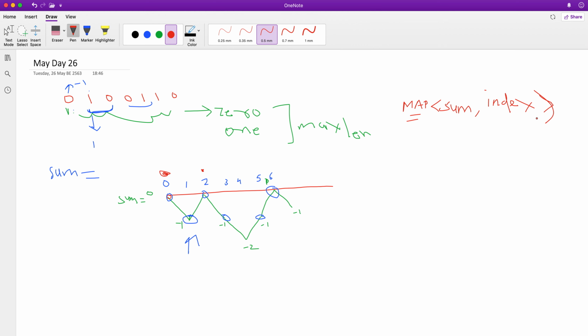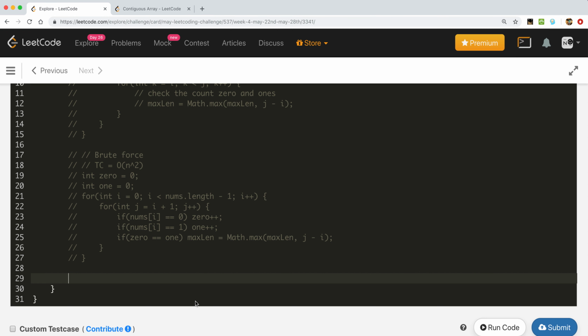So let's start the implementation of our optimized approach, the map based fast algorithm.